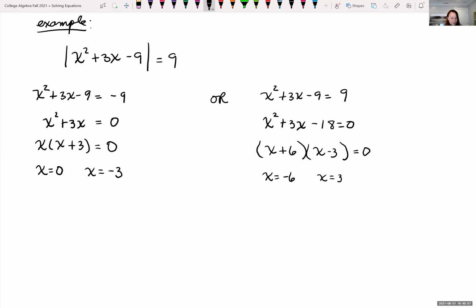So we have possibly 4 solutions. If we go back in here and plug in 0 wherever we see an x, I see right away I have the absolute value of negative 9, and that is equal to 9. So this one checks. Fortunately, the other ones aren't as easy. So let's go in, put in parentheses wherever we see an x, and then rewrite it with the different answers we have and put those inside the parentheses. So if we're looking at x equals negative 3,